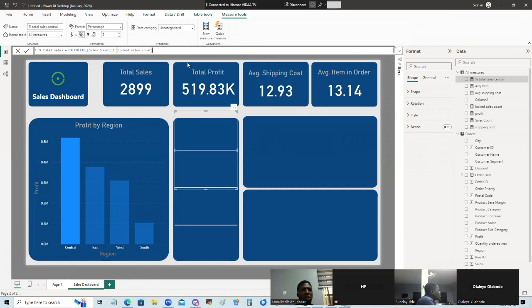Do we get what's going on there? Do you understand what's going on there? Locked sales count is our total. Yeah, that's not changing. But the other sales count, if I'm switching this one, we are affecting that sales count, while the locked sales count stays as the total sales. Did you get the idea? So if I enter this one now,